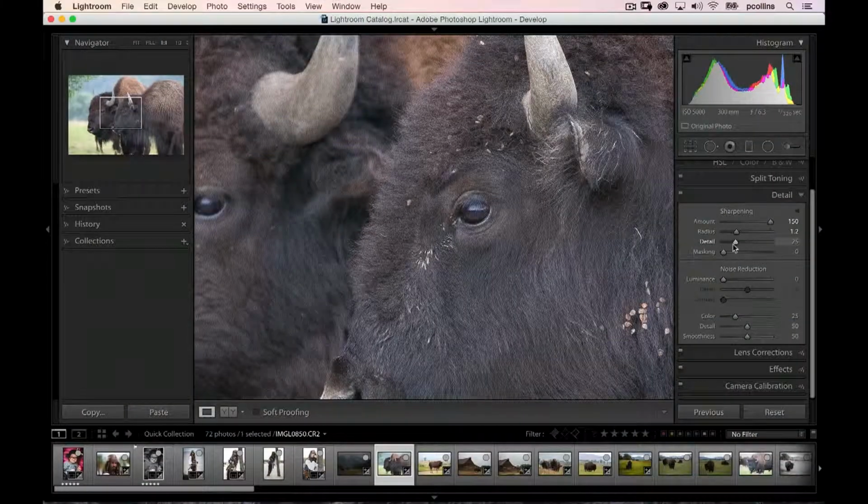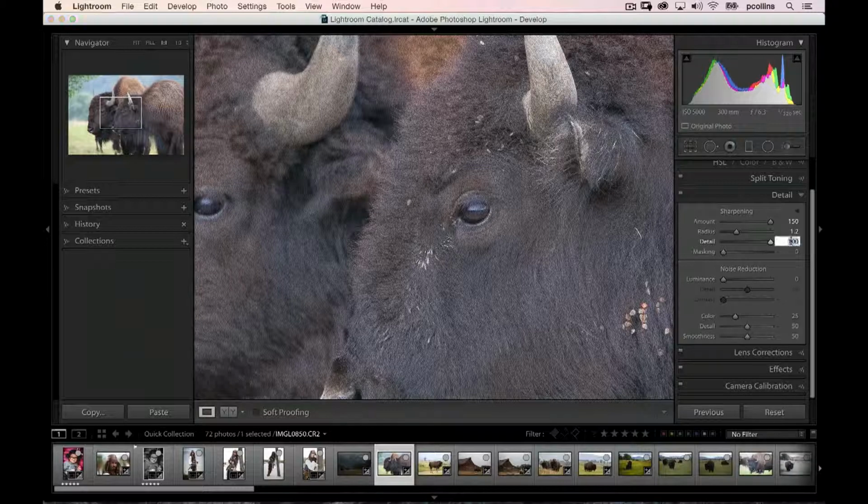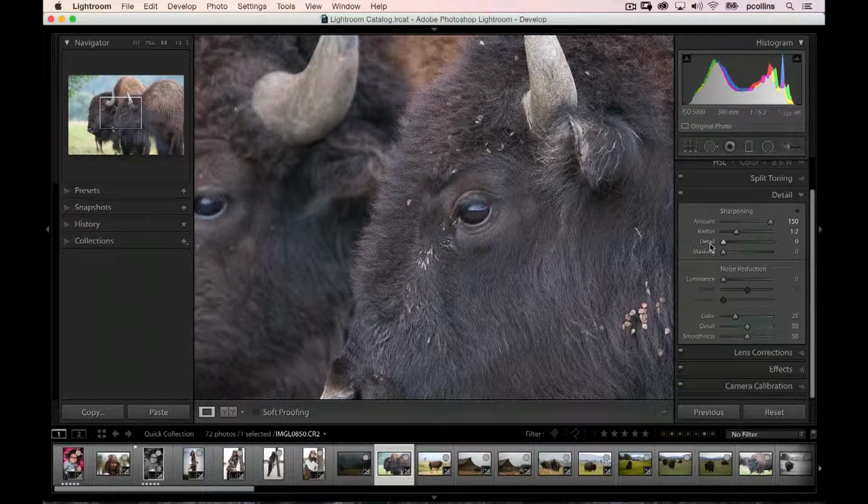And then detail, what it's saying is how many things is it going to go out and find. It's almost like the sensitivity to how it's going to sharpen. It's like, I'm going to find everything out there if I'm super detail, so I'm going to go way up here. It's going to try to sharpen everything it can find, whereas if you go down here, it's going to be more mellow, and only the real bold things is it going to try to sharpen. So you can crank that up. You can see how it works. It's kind of like taking the amount and saying, yeah, really apply this to everything.